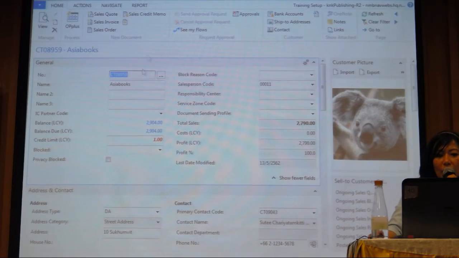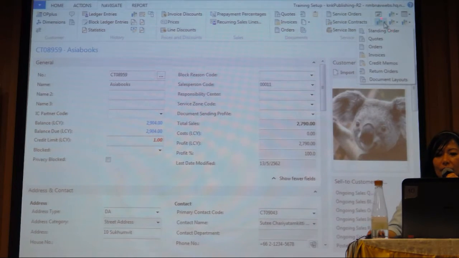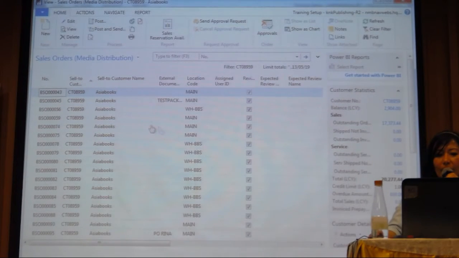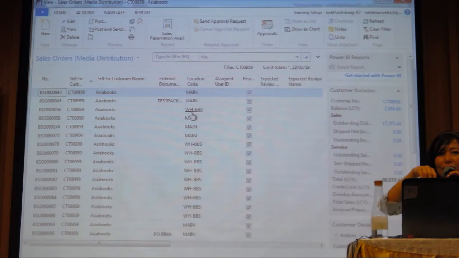Okay. So now I want to go back to my order. Can I do it from my customer card? จาก customer card สามารถไปที่ sales order ได้ไหมคะ Yes, they said that we can. I go to navigate, ไปที่ navigate นะคะ and then KK, ตรง KK publishing ด้านขวามือสุดเลยด้านบน then orders, แล้วก็ไปที่ orders ค่ะ and then I have all my orders here. For this time it's just Asia Books I'm seeing. ตอนนี้ยังเป็นออเดอร์ทั้งหมดที่เขาสร้างไว้ของ Asia Book เท่านั้นที่ยังเห็นอยู่